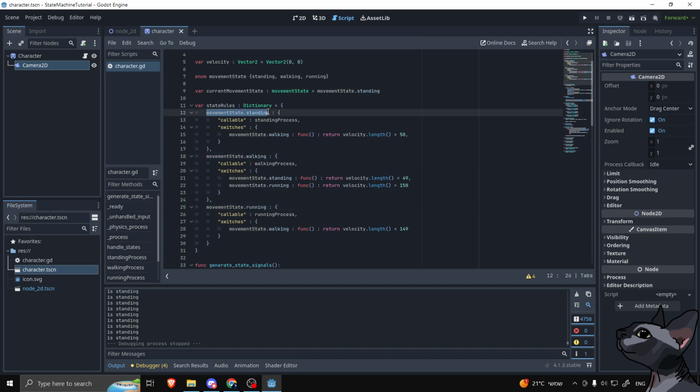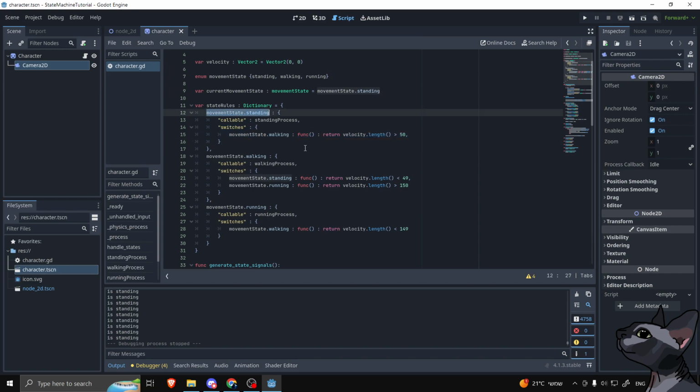So this dictionary member defines another dictionary in it that will define the switches away from, so if we're in the movement state standing, this defines all the switches that can happen away from this